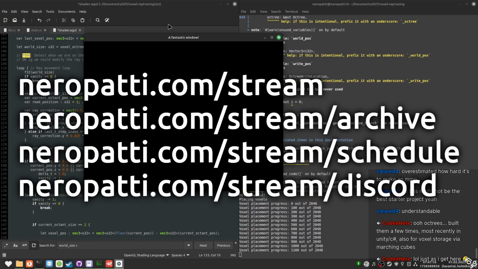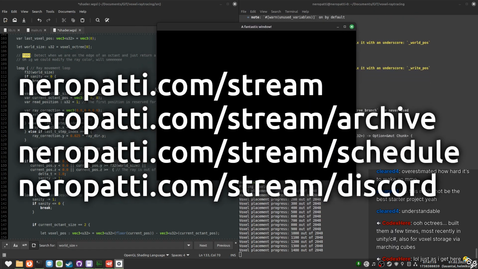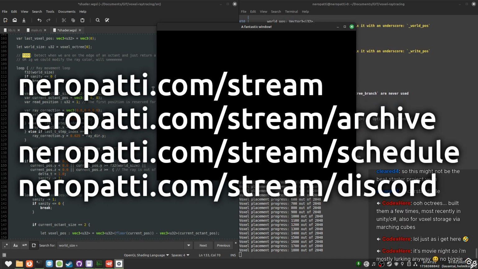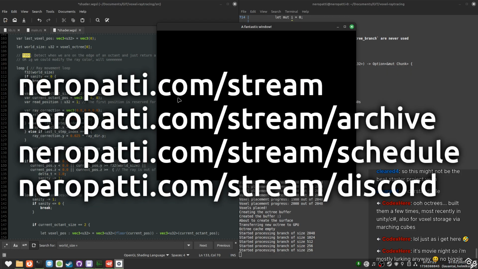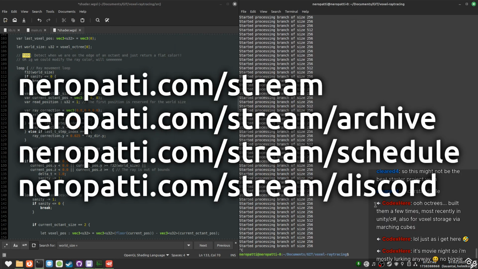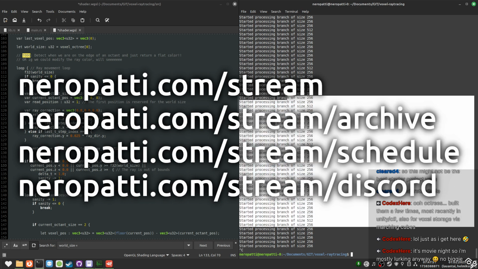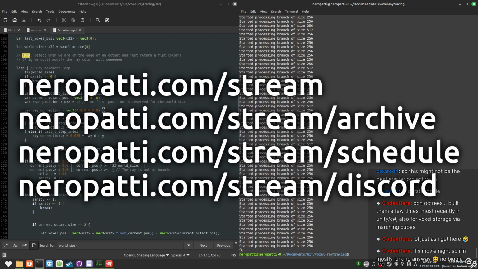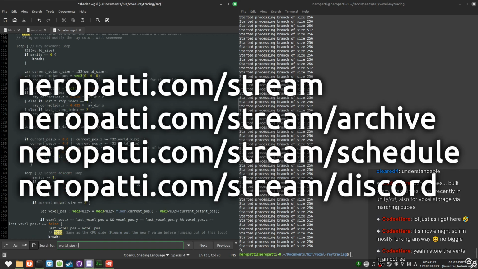So for me, the voxels, for physics and everything other than rendering, are stored in chunks, and the chunks are just flat arrays. You know, the boring, normal, whatever. But for rendering, I'm making them into an octree, and also my world size is too big right now. This is taking too long, and the thing that I want to do is optimize this. It's so slow.